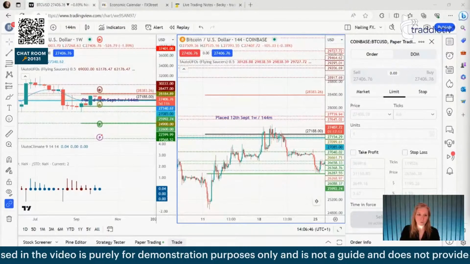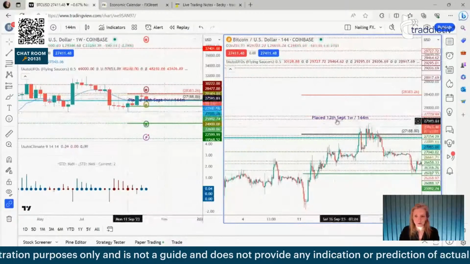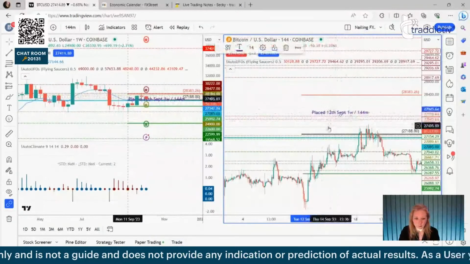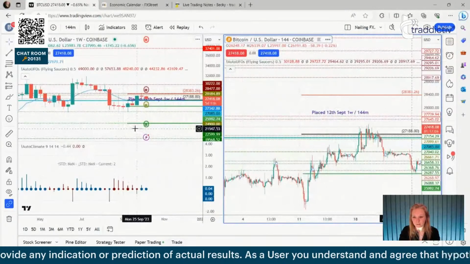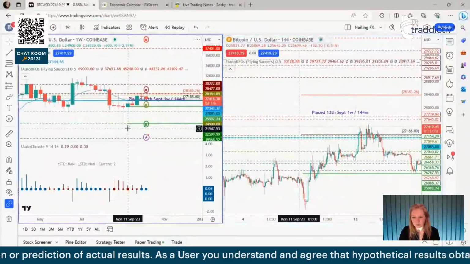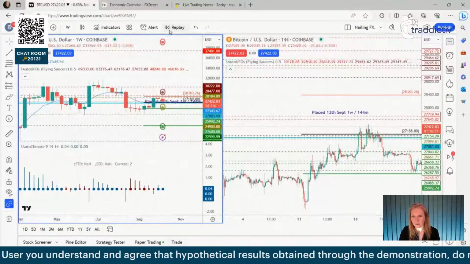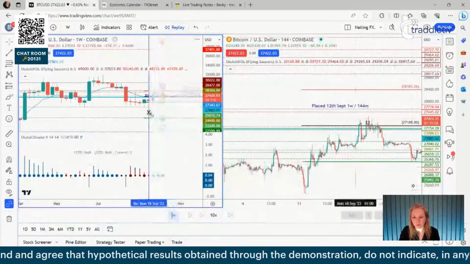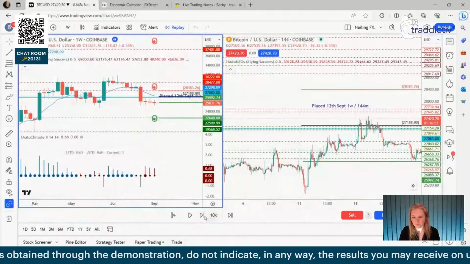Okay, so we placed a Bitcoin trade last time. We placed it, this is why we put the little note, on the 12th of September. So that was back when the candles looked like this. So this is where we can use the replay function as well to help. So on the 12th of September,